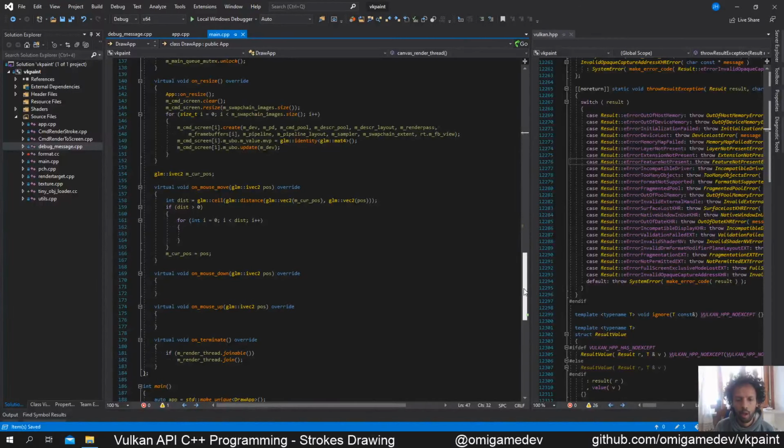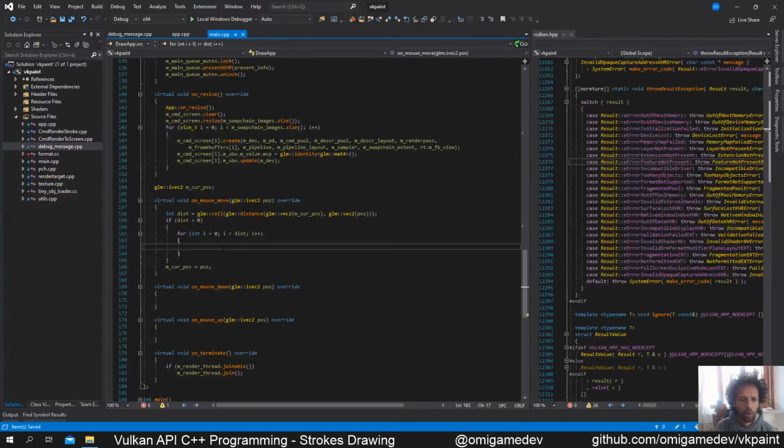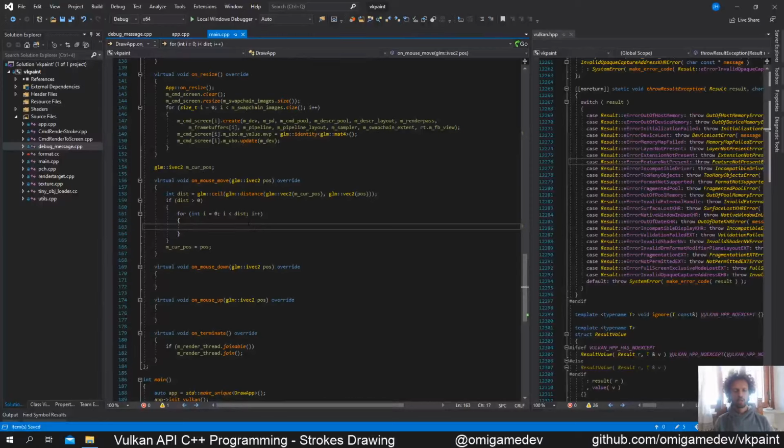And at this point we can start to work on our logic, which is to grab the mouse pressed state